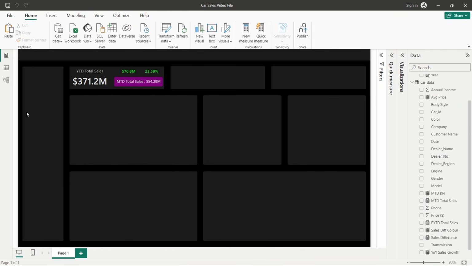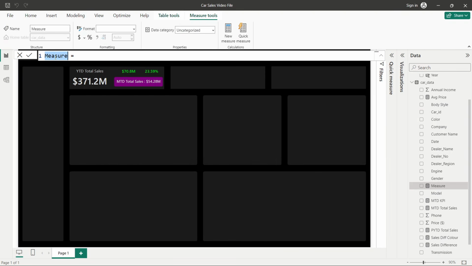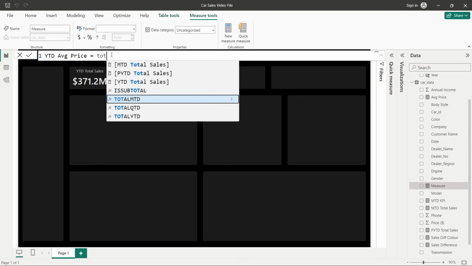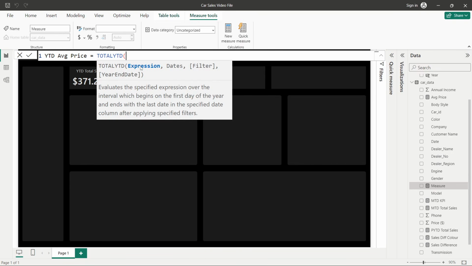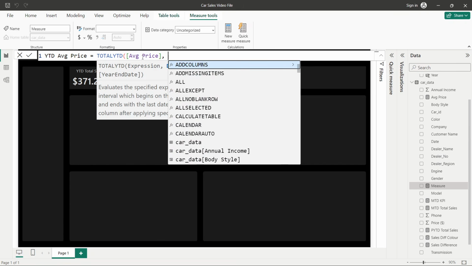Now next, we will go and find year to date average price. So I will take a new measure, and I will name it year to date average price. This is the first we have to find out, and the same formula we have to use, that is TOTALYTD. The expression is nothing but what we have already calculated, that is average price. We don't have to take sum or anything, because we have exclusively calculated this as a separate calculation. So directly you can take it, comma,